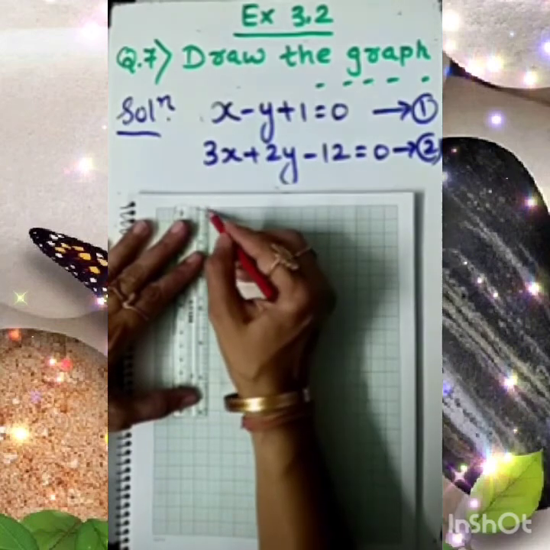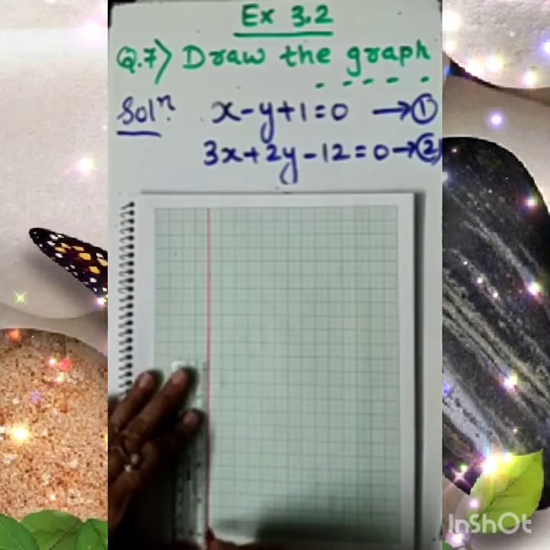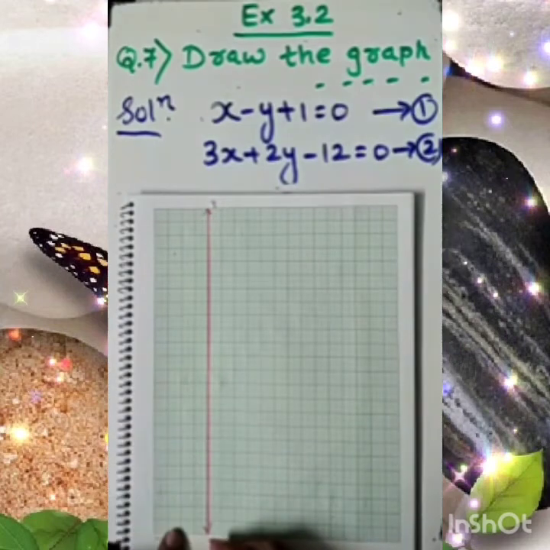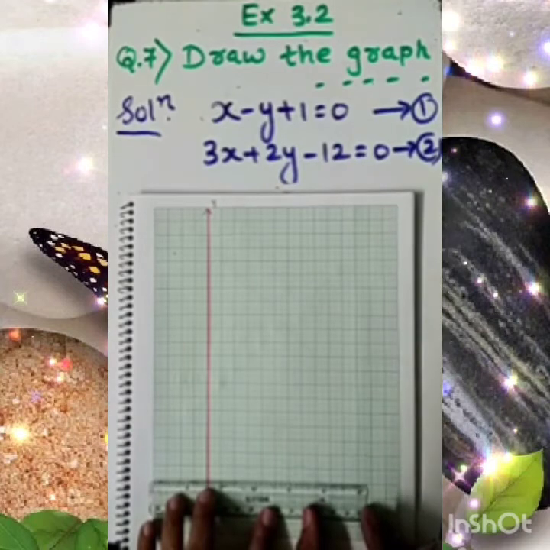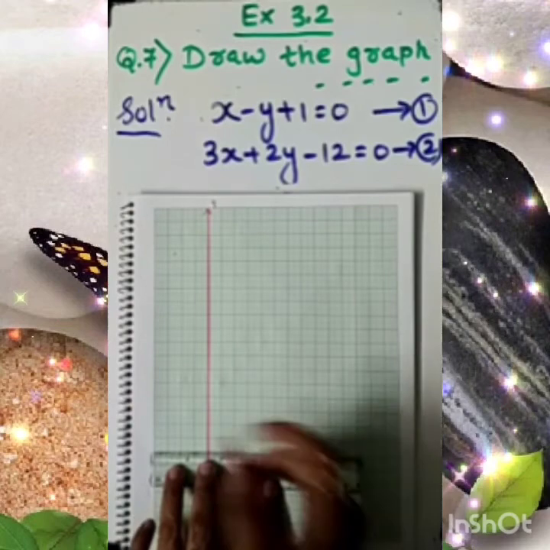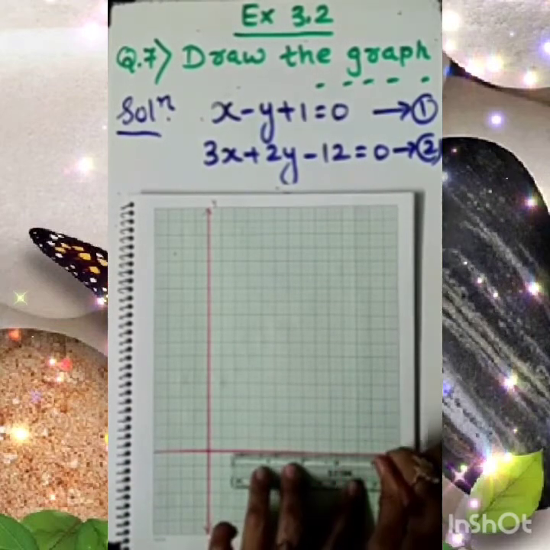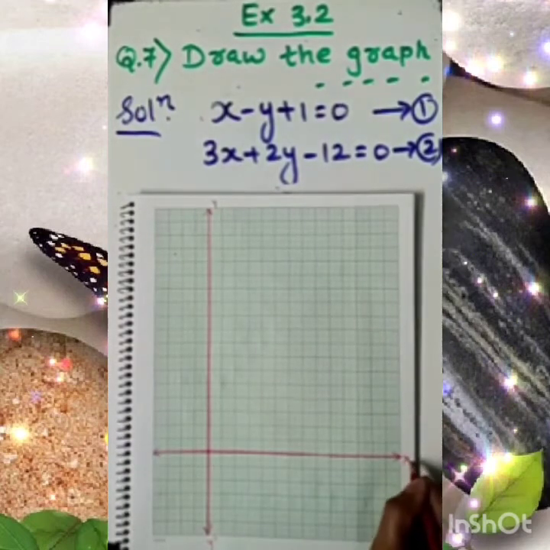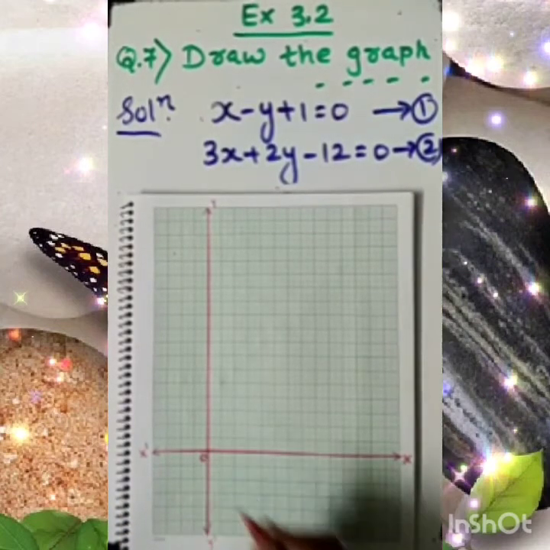First I am drawing here the y-axis. So let's begin. This is y-axis, so I am mentioning this is y and this is y dash. And now I am drawing the x-axis from here. A little bit I am starting from here, so it will be convenient for me to draw the graph. And this is our x-axis. Dear students, don't forget to mention this is the x-axis and here x dash. And of course, this is the origin, that is called O.